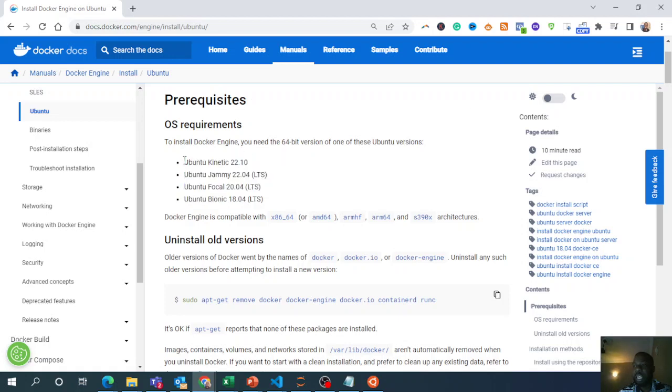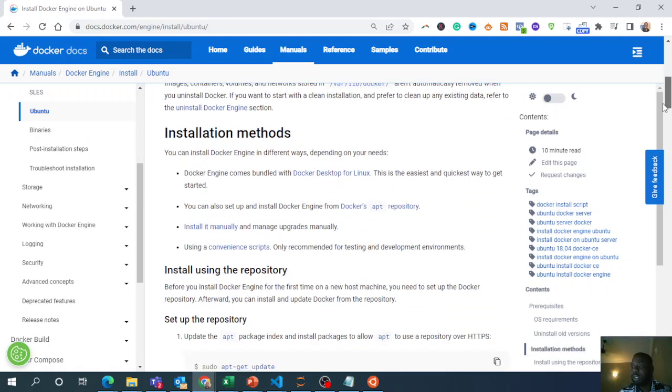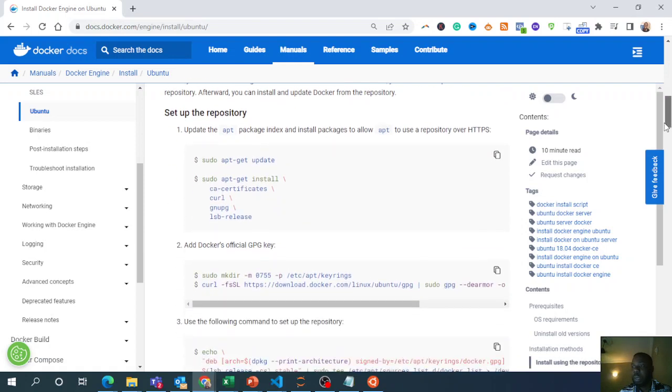you can install Docker Engine on all of these Ubuntu versions. So just follow the prompt on install old version. Then you follow through with the installation method,